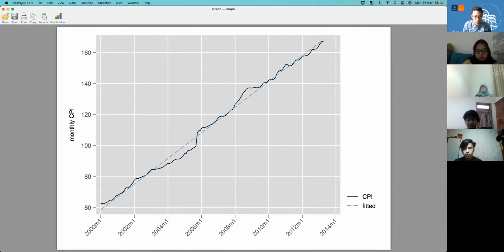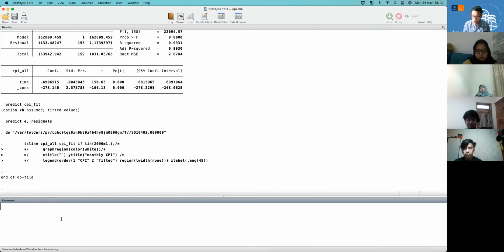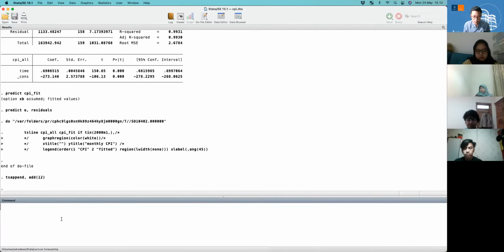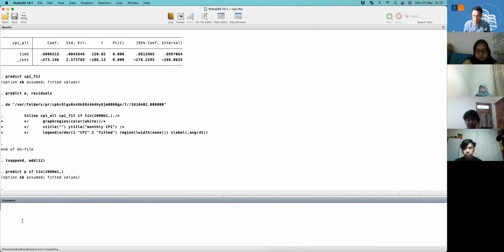Okay. Now we can also do an out-of-sample forecast. If you want to do an out-of-sample forecast, the first thing you want to do is, of course, add the data. For example, you're going to add, say, 12 months. And then you're going to use the data to predict P, a variable P, if it's between 2000 and the end of the period. Okay. So now you have the